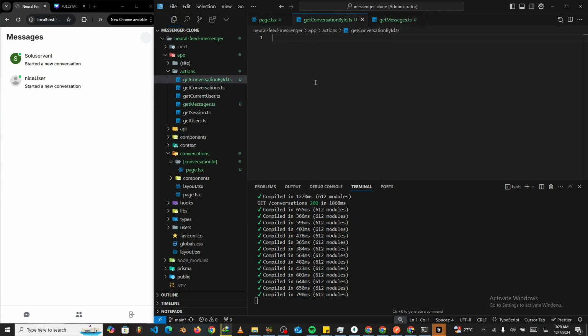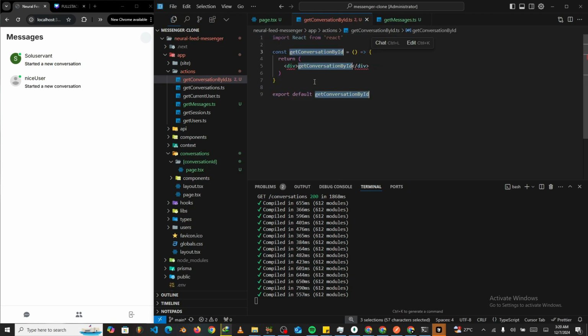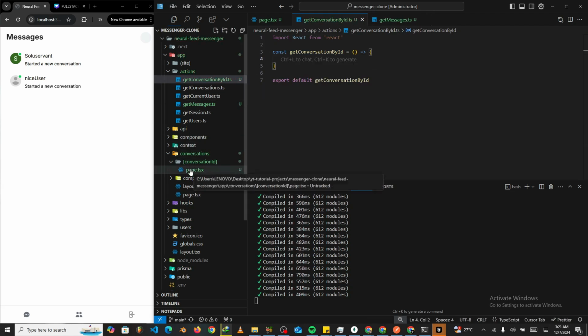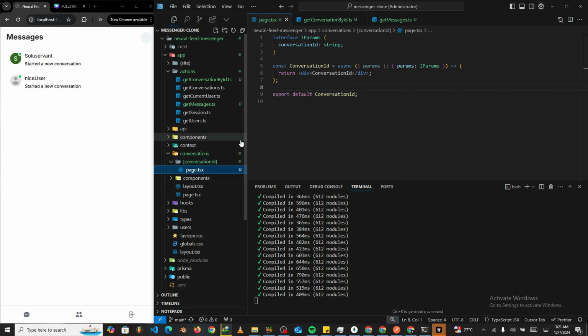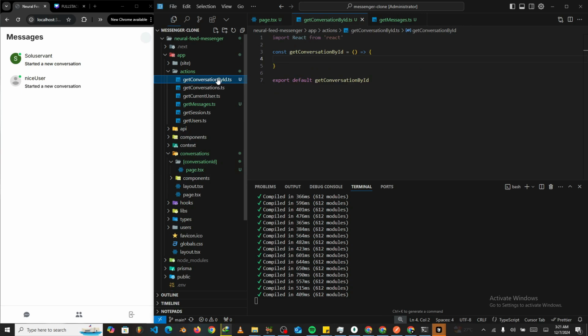Okay, so right after we've been able to set this up, the next thing we are going to do is we're going to come into the get conversation by ID, and then the first thing we'll do is let's just do the RAFCE to just generate it nicely like this. Then we clean up this return that we have in here. So okay, for this particular part, we will definitely use this part like this. So let's just leave it and let's just come here, right, and let's quickly work on the